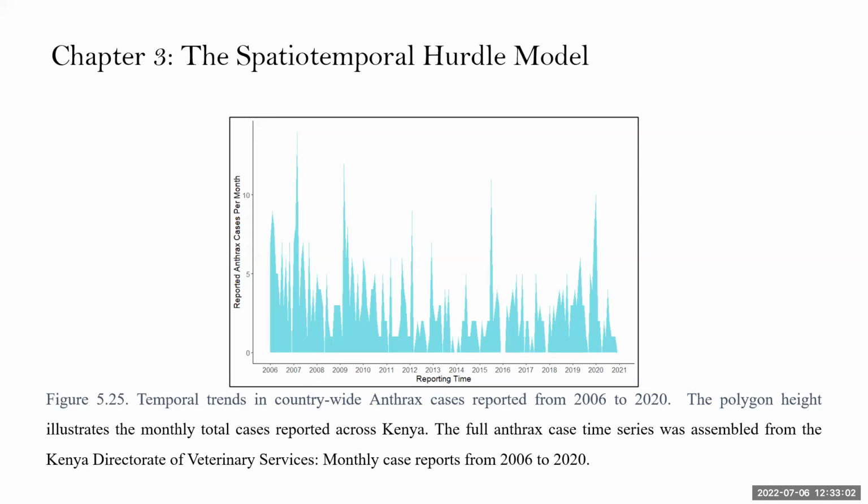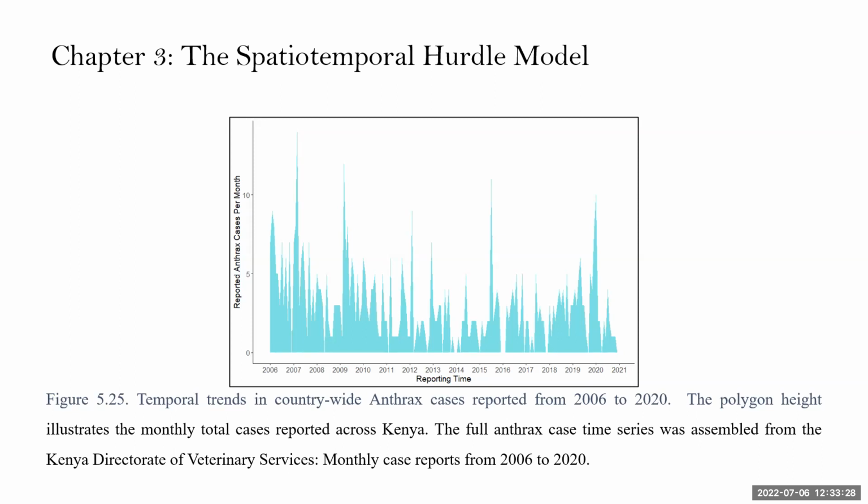this is part of the spatial temporal model. Therefore, I developed a second areal model with the number of observations per sub-county as the new response variable. So I analyzed the whole monthly case time series from 2006 to 2020 and mapped out annual counts of confirmed and suspected anthrax cases across Kenya at sub-county level to analyze the spatial and temporal trend throughout the surveillance